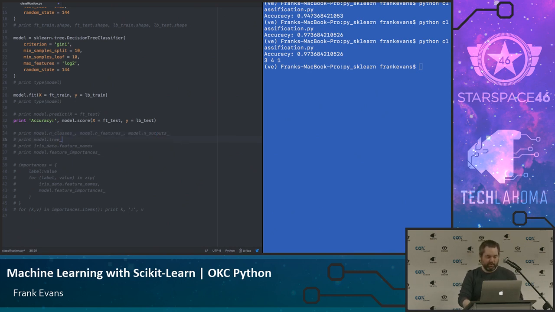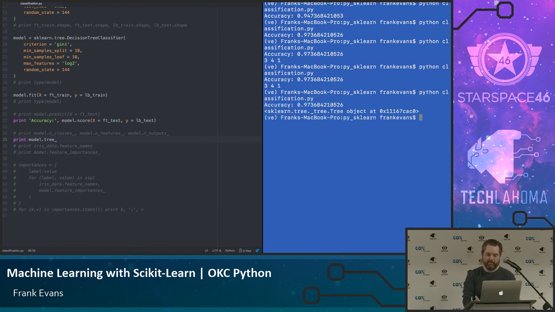Might be useful to know that it's there. I can see the actual tree itself. I have no idea why, but I think you have to save your file before you run it again. Good pro tip, kids. It will show me where it's at. There doesn't really seem to be anything you can do with it other than that it's an object now. You can reload it, so now you have your trained tree.